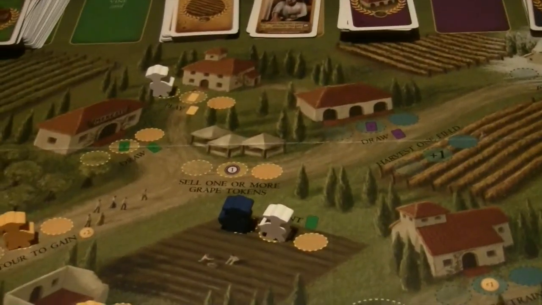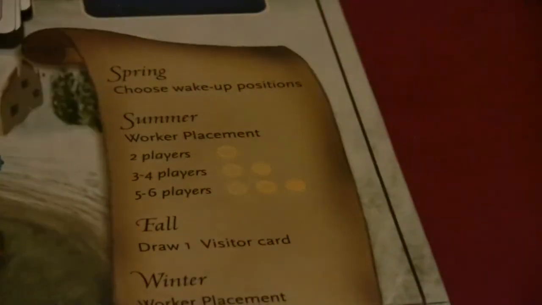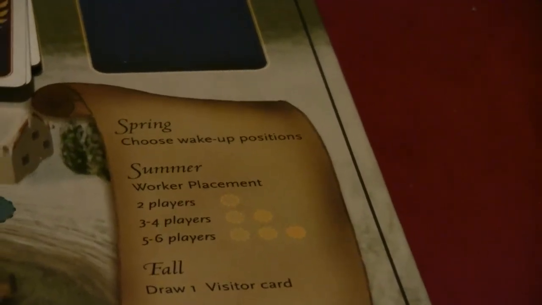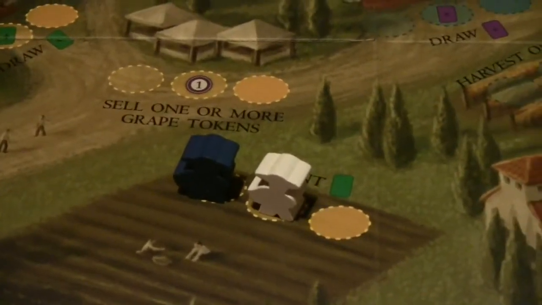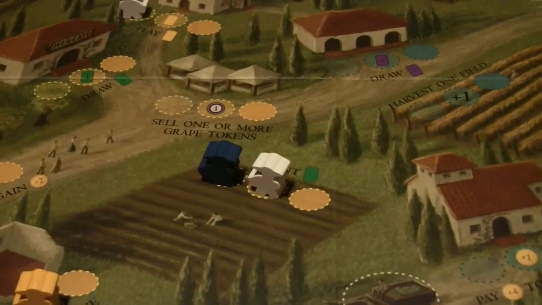In a 3-player game, and it says this right over here in the rules summary, 3 and 4 player game, you're only allowed to put 2 workers on any given space. So now that there's already 2 workers in the plant a vine card, yellow player seems like he's stuck. But